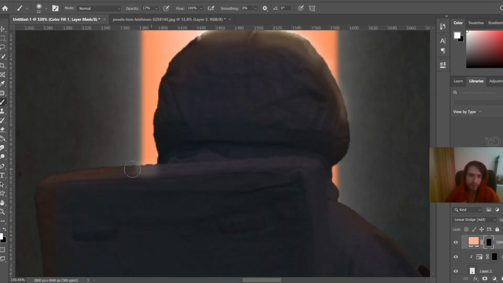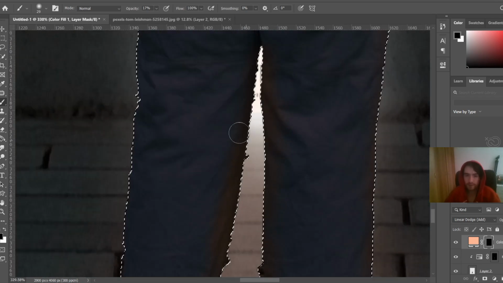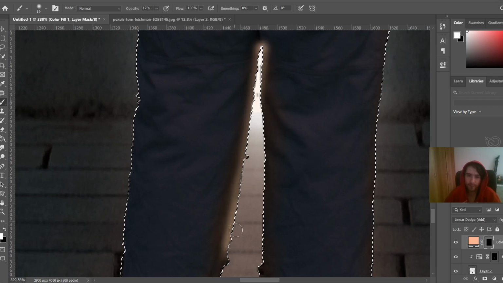Oh, here no, but here yes, a little bit here. Here you need to be really careful with this. And in the legs, this will be nice if I do this actually. The front, but